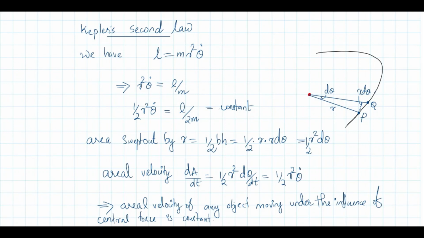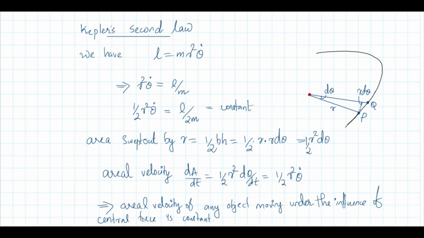So depending on the velocity at the time of launch, the satellite can move in a circular orbit or in an elliptical orbit with different eccentricities. If velocity is very high, it will escape to infinity. Now, I will discuss Kepler's second law.